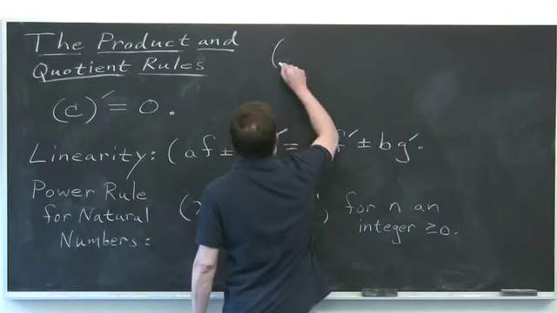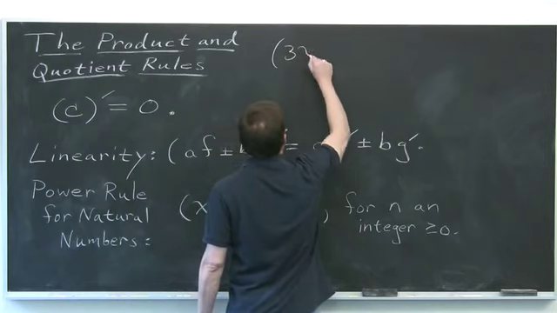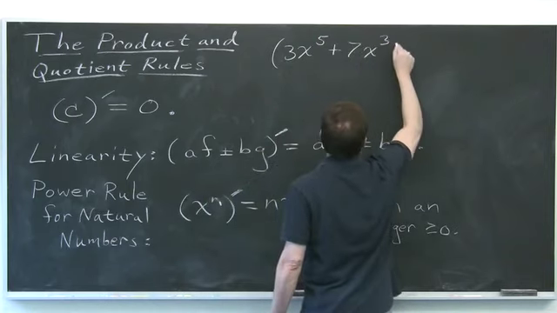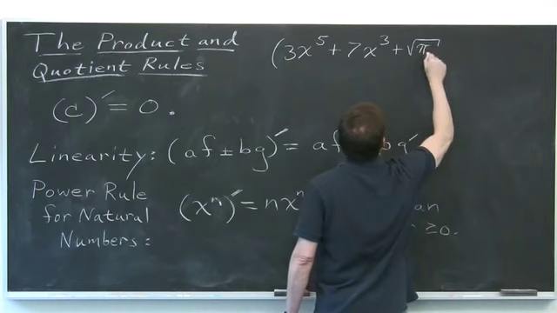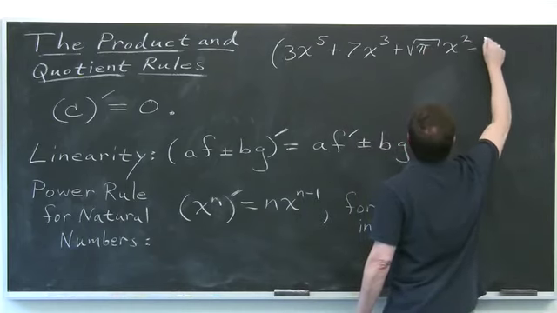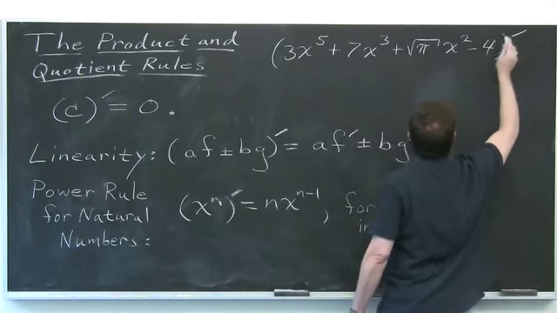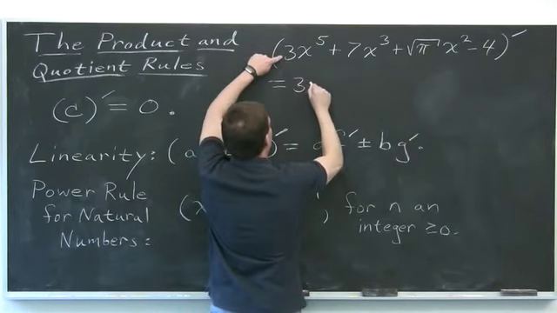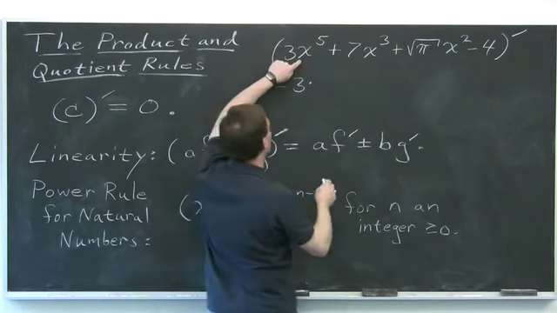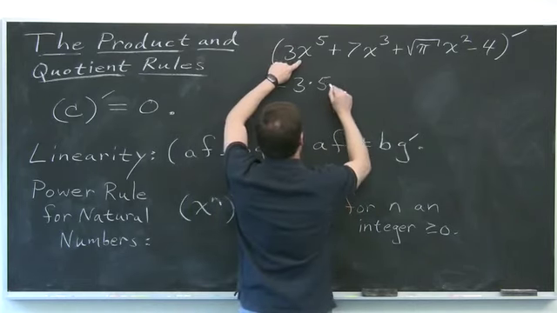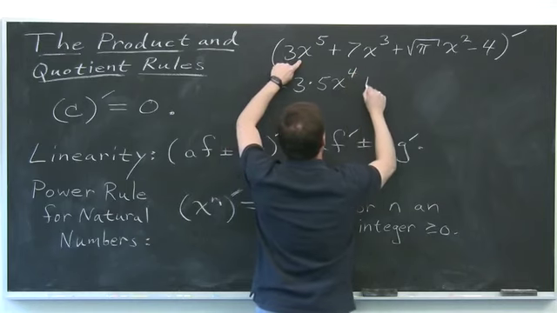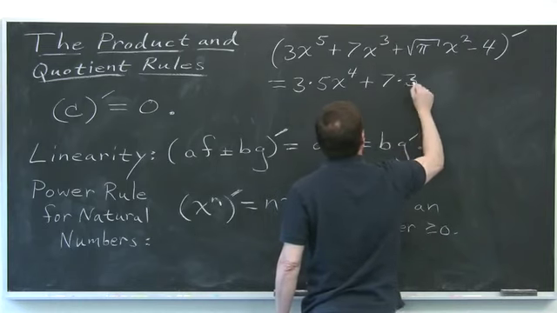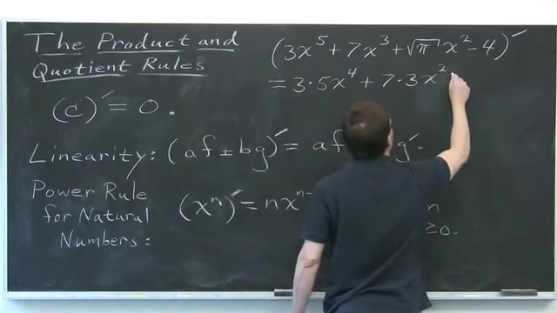So that's nice, with ease. Now we can differentiate polynomials almost as fast as we can write. The derivative of a polynomial, you pull out the constants and you just treat each summand separately. So the derivative of x to the 5th by the power rule, the 5 comes down, you subtract 1 from the exponent, plus a 7 times, you bring down the exponent, you subtract 1 from the exponent, plus the square